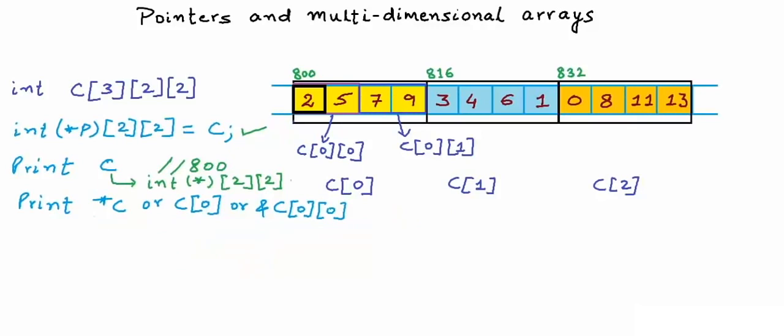C is returning us pointer to two-dimensional array of integers. C itself is an array. There is difference between the two types. Okay, for C,